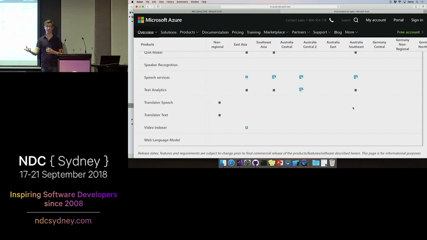When I uploaded my face for facial recognition, that stays in my sandbox. If somebody else here spun up a face API resource, they wouldn't be able to take a picture of me and map it to me, because that's sandboxed to me.